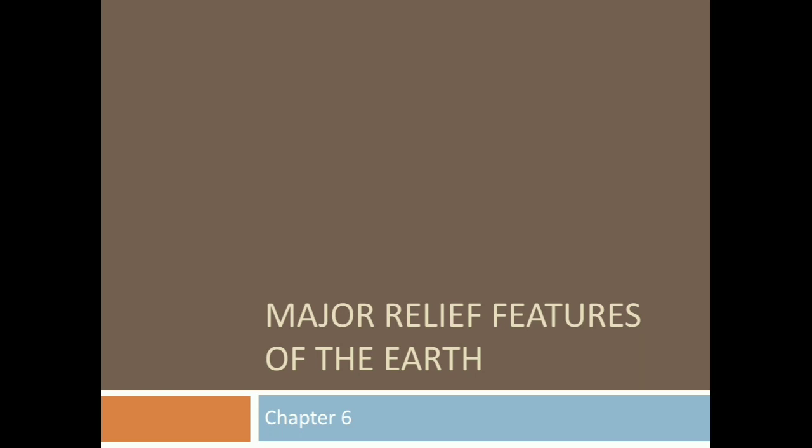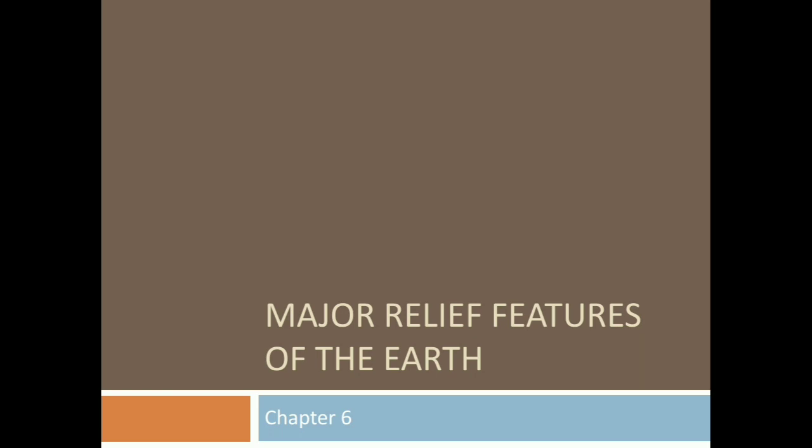I am here with the topic Major Relief Features of the Earth, chapter number 6. You have studied about the Earth as a planet with huge continents and oceans. You also learn that the surface is not smooth and has an uneven surface. If you ever went on a holiday, you may have seen land in its different forms. In this chapter, we shall see various forms the land surface takes and how they are formed.